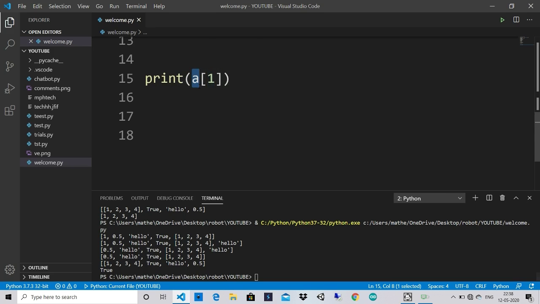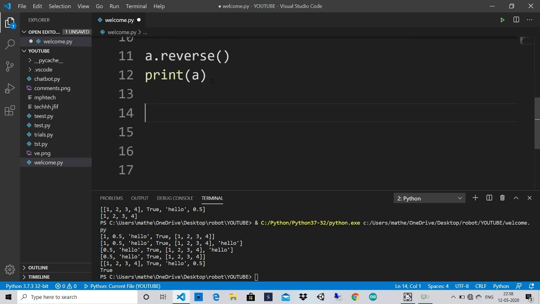So you type the name of the list, and then in box brackets, you type the index. And now I've directly printed it here. If you want, you can assign it to a variable first. So we can write, for example, d is equal to a box brackets 1, and then print d. So this is the slow way of doing it, but if you want, we can just directly print it. So this is all about indexes, but there are times when you want to find out which index it is